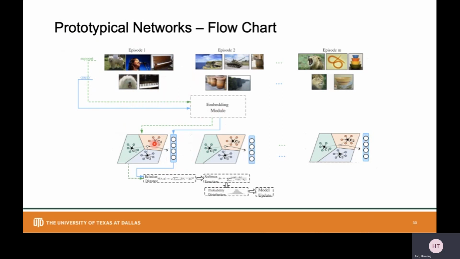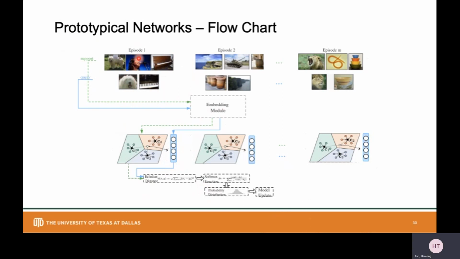We calculate distances between each query and the prototypes, and we're trying to minimize the distances for the labeled query data, using the Euclidean distance to calculate distance, and then use a softmax function to do the model update to minimize the distance between the query and its belonging prototype.